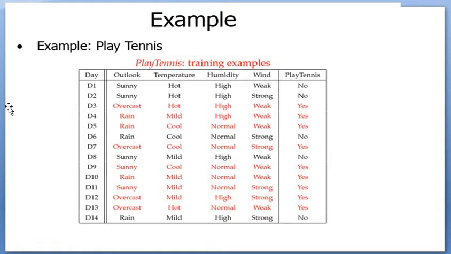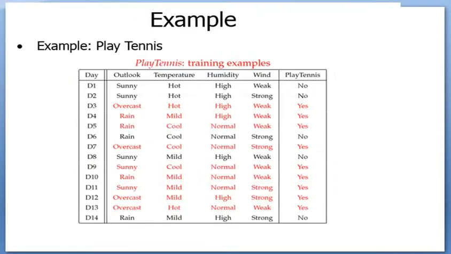The problem is this: we want to classify on which kind of particular day we can play tennis or we cannot play tennis. This is the same example that we took for the ID3 algorithm and others. This is the input data, which contains the training examples for play tennis, having 4 attributes and 1 decision. We have taken the data up to the 14th day, and this is our result for those days.